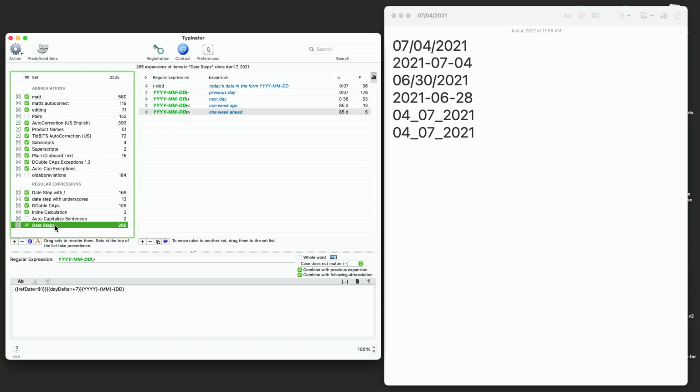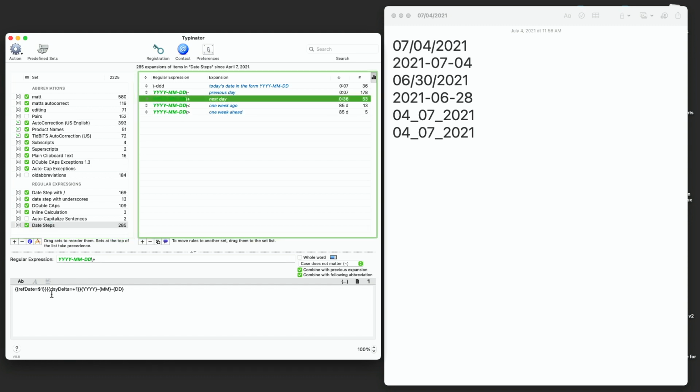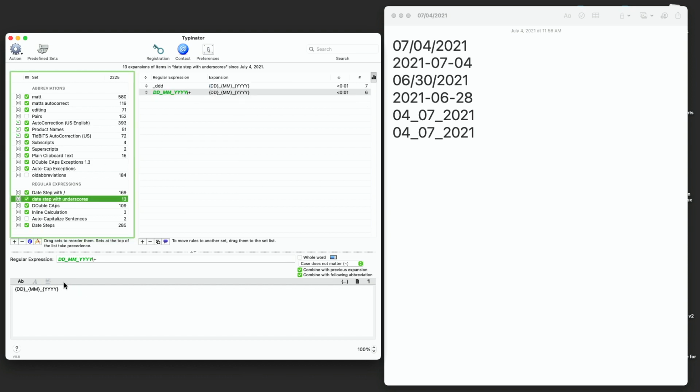You might remember when we looked at date steps and we looked at the, let's say, plus, we've got this ref date and day delta. Well, let's first look at day delta. I'll just copy that and paste that into date step with underscores. I get that right? Right number of brackets. Okay, so now